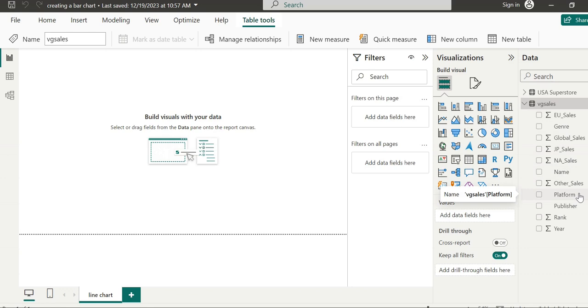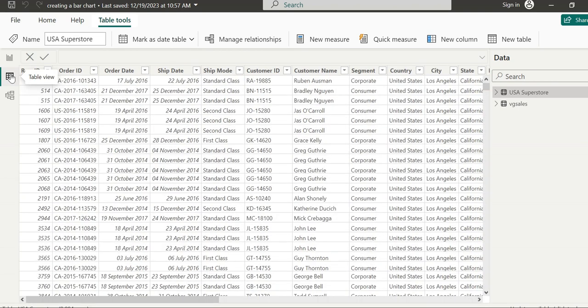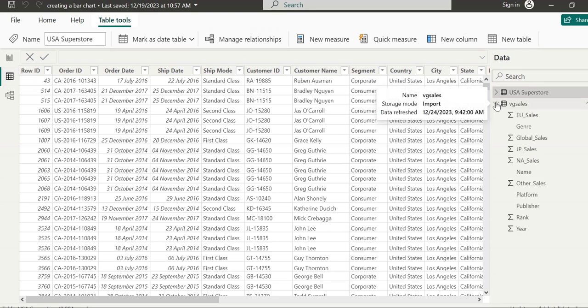If you would like to see the data view, you can click on the data view icon on the left, which is here. As we click on the data view, we have a grid with all the data within USS Superstore, because that's the selected table. On the right, we click on VG Sales, which is video game sales.